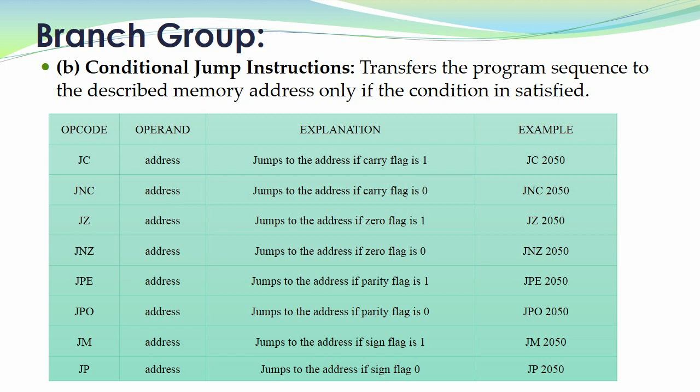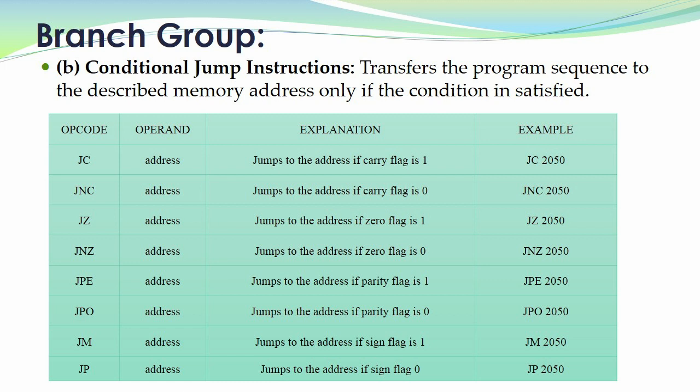Conditional jump instructions. Conditional jump instructions allow the microprocessor to make decisions based on certain conditions indicated by the flag. After logic and arithmetic operations, flags are set or reset to reflect data condition. The conditional jump instructions check the flag condition and make a decision to change or not to change the sequence of a program. The 8085 flag register has 5 flags, one of which is used internally.